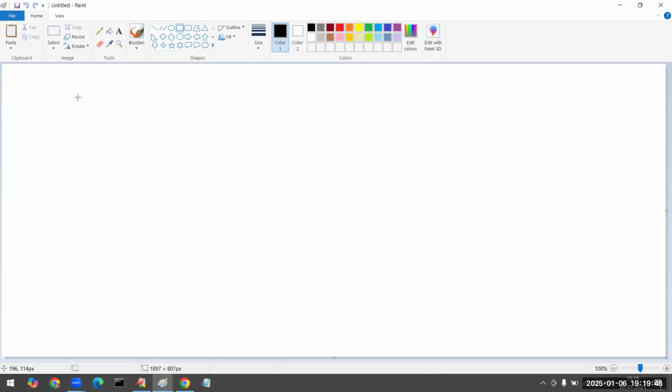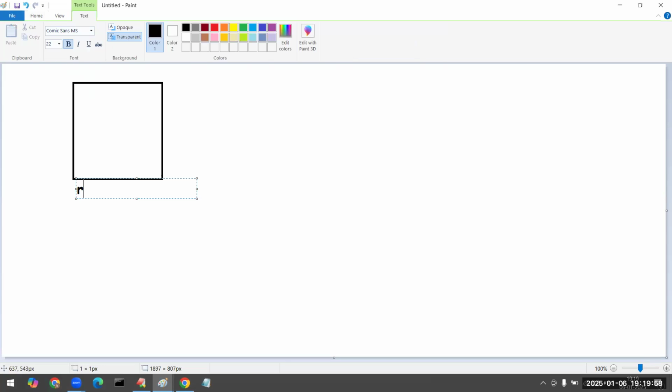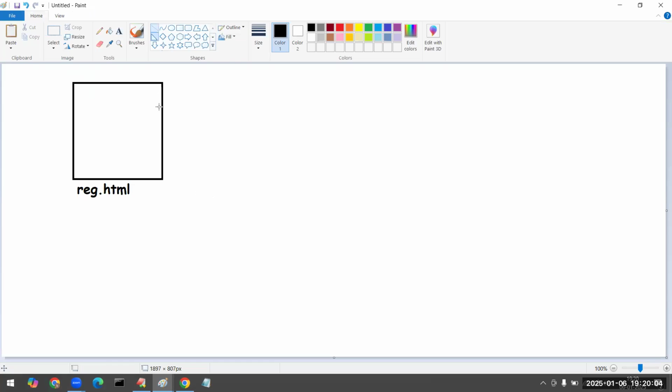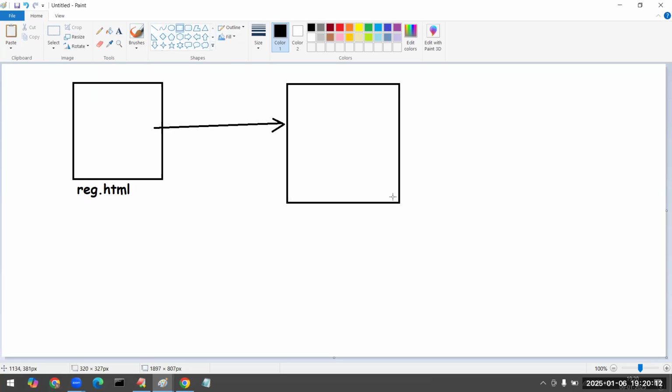Have a look once. See, first the user is going to give the data in the form of an HTML form. Let us take this HTML form as registration.html. Once the user gives this registration.html, it is going to read the total data from the user and give this data to the Java program.